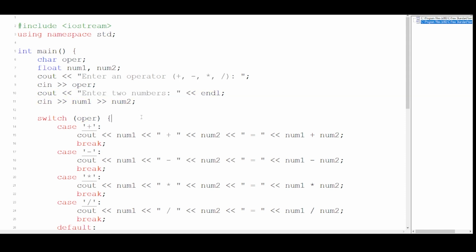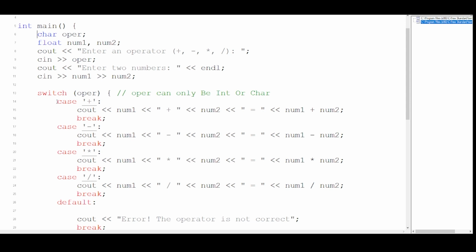Now here you have to remember that, as I told you, OPR can only be int or character. So if by chance I wrote float here, then it will not work. So you have to be very careful with that. Then what I did is I